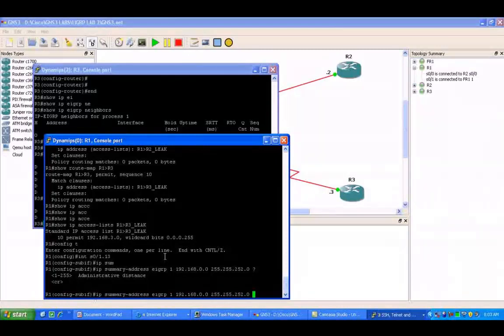So we don't have that option under the sub-interface, so we have to be creative and find another way in which we can perform this task,